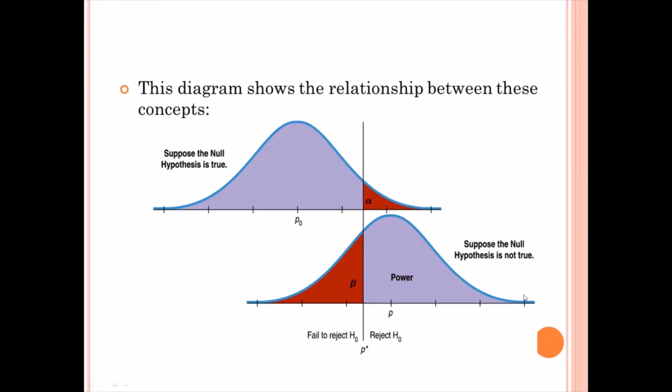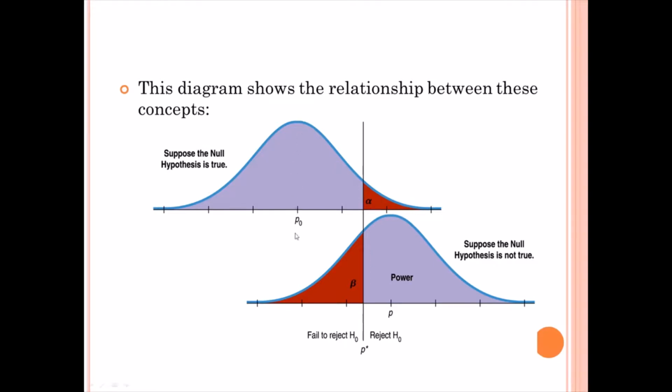Suppose your null hypothesis is not true, all right? This would represent your H0 value, and this is the world that you think you're in. This is some kind of alternative to it. It just happens to be arbitrarily placed a little bit to the right of the world you think you're in, all right? And if for some reason you should be rejecting H0,